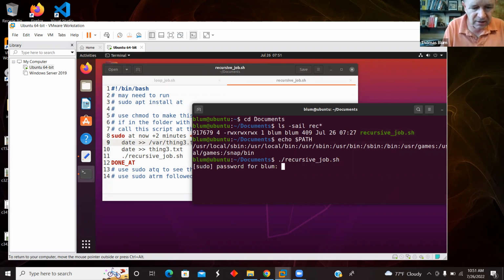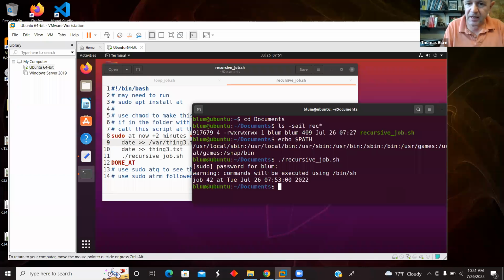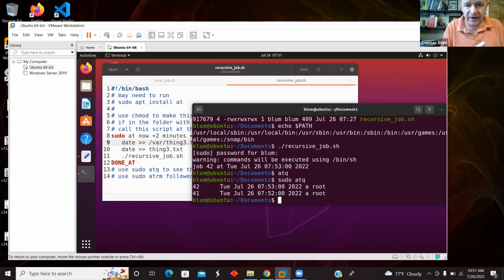I had the sudo, it established job 42. And if I do atq, which is wrong, I won't see it because it's the root's job. So I need to do sudo atq. And there is job